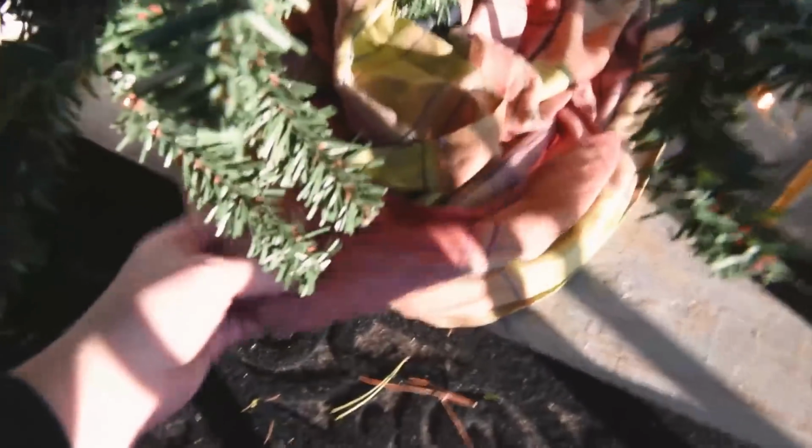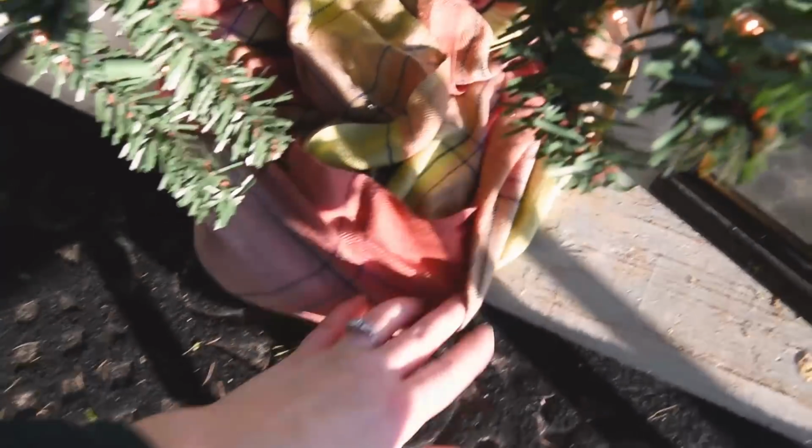I also have these faux Christmas trees. I found these at Michael's a few years ago. I think they're about 4 feet tall. They're also pre-lit, and I'm just wrapping the bases of them with some old thrift store scarves just to cover